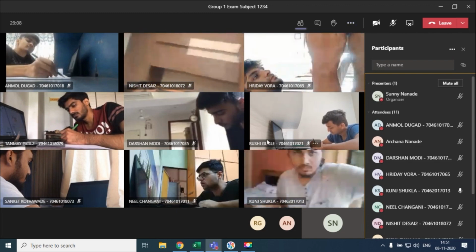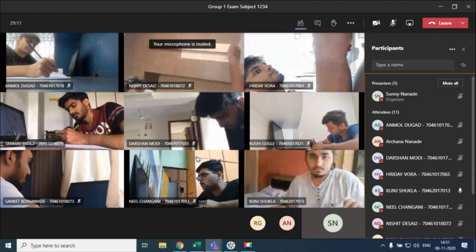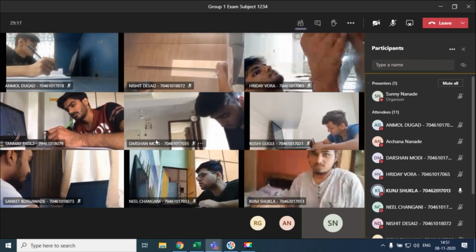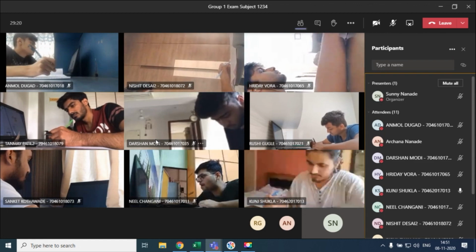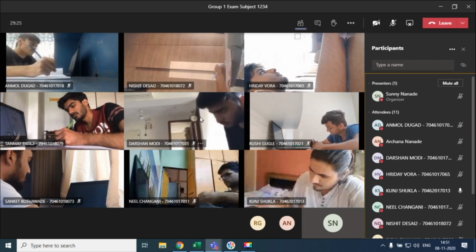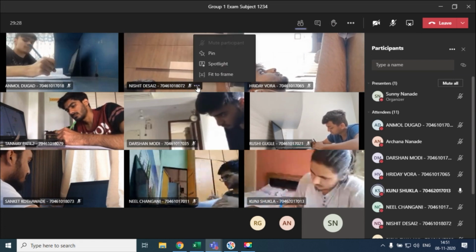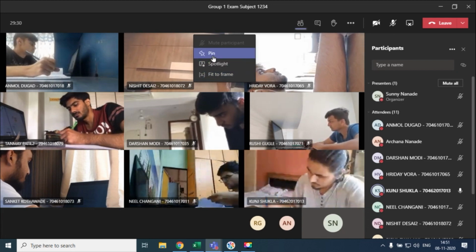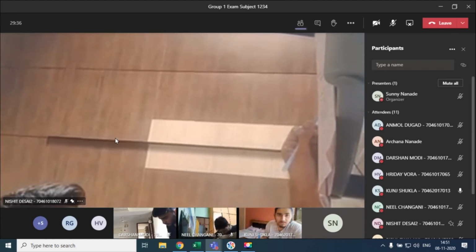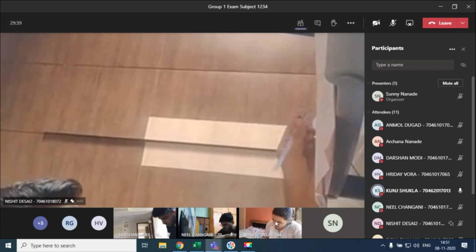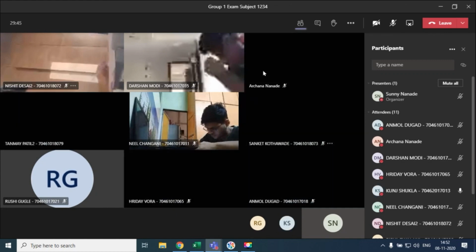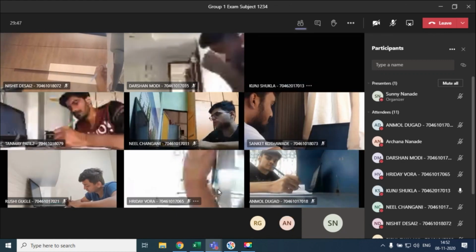So how can we see whom we want to? In that case, what can be done? So we are having two main options. One is a spotlight and the second one is to pin a student. In case if we do know how a person is going to behave, in that case we just have to click on the 3 dots over here and we can click on pin. So if we do that, we will be seeing that student's video compulsorily, because over here it may happen that based on the software's algorithm, the number of students whose video, I'll just unpin, so whose video we will be seeing over here, it does update based on the software.